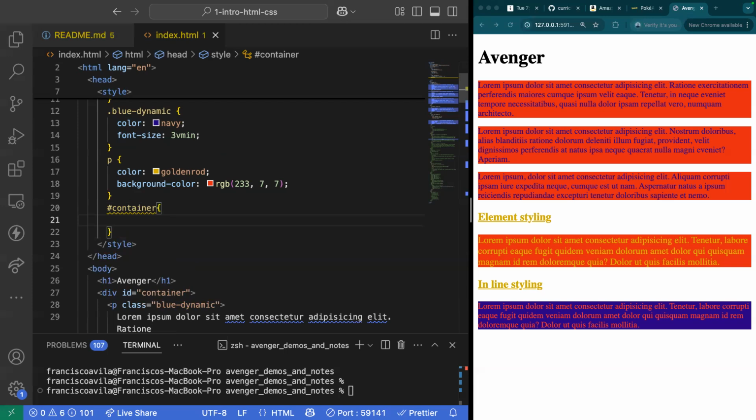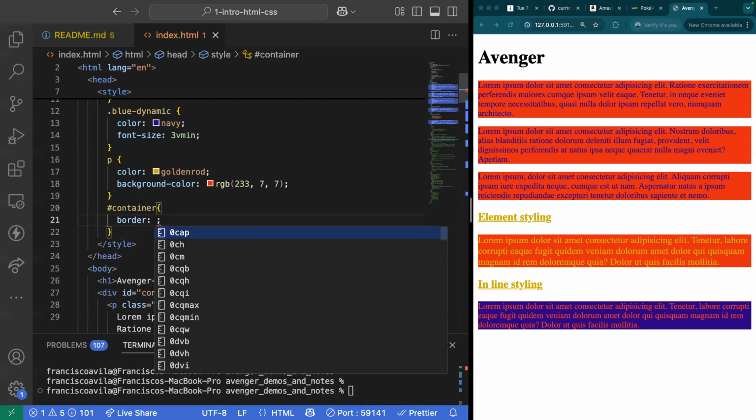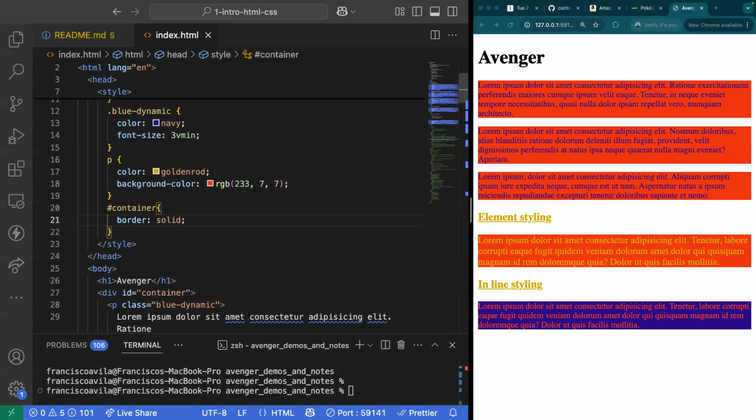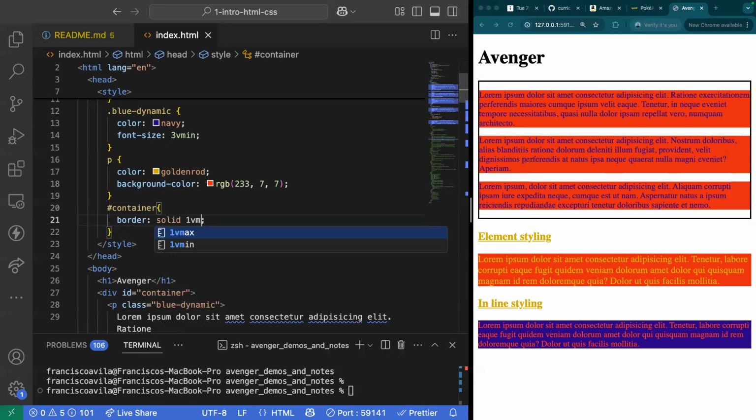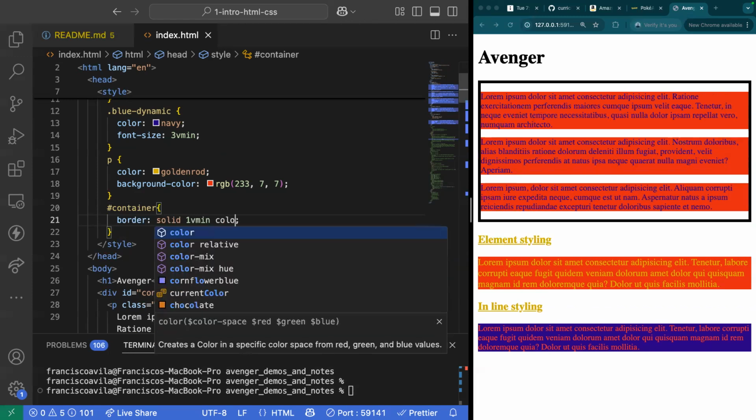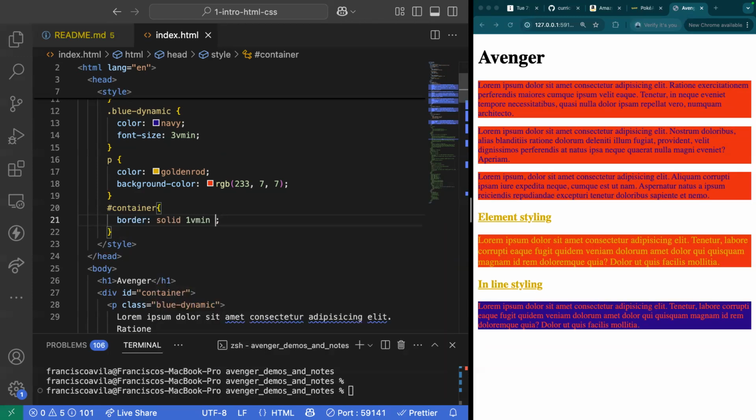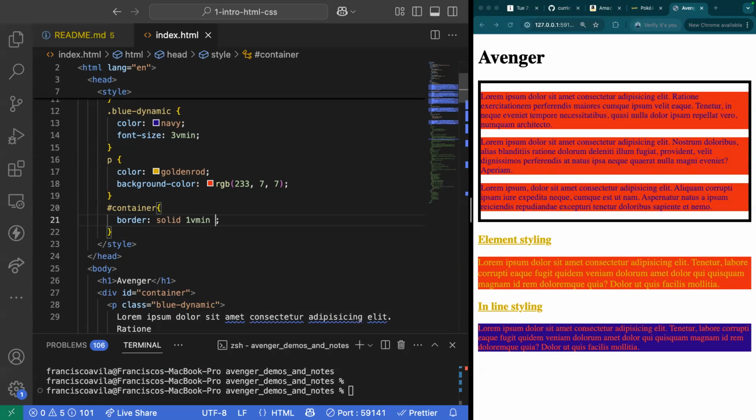Now, a container will go ahead and have a border that will be solid. It will be a 1 vmin for width, and I'll make the color of it be,